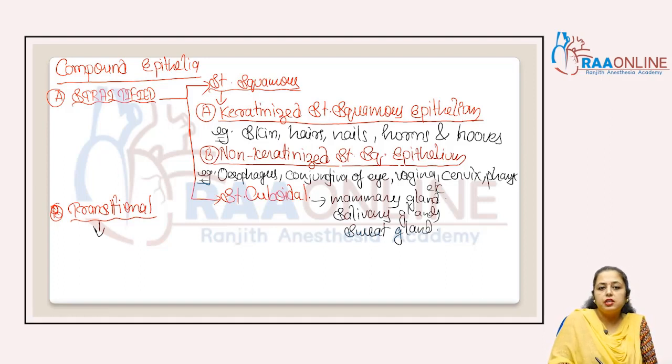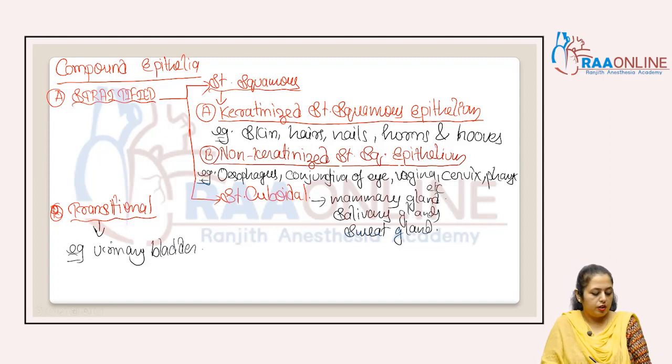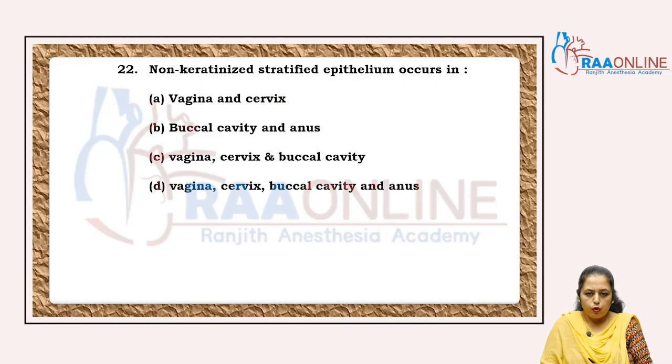Transitional epithelium is highly stretchable, right? And it is present in the urinary bladder, uterus. So now the answer is, according to that, the non-keratinized stratified squamous epithelium is present in